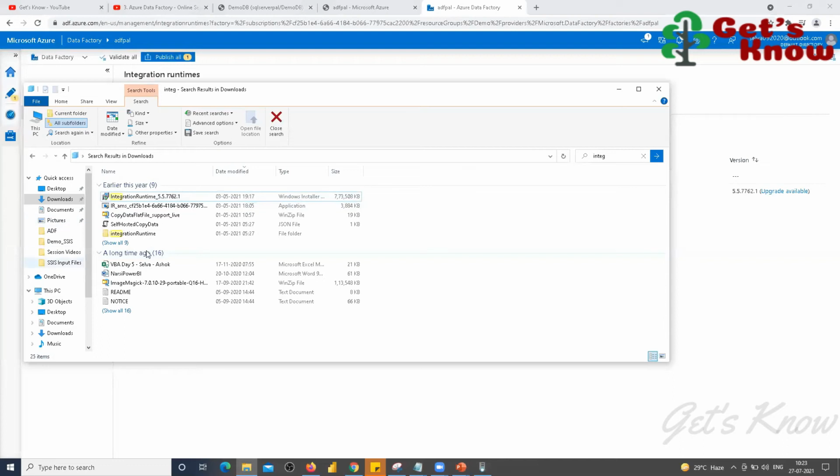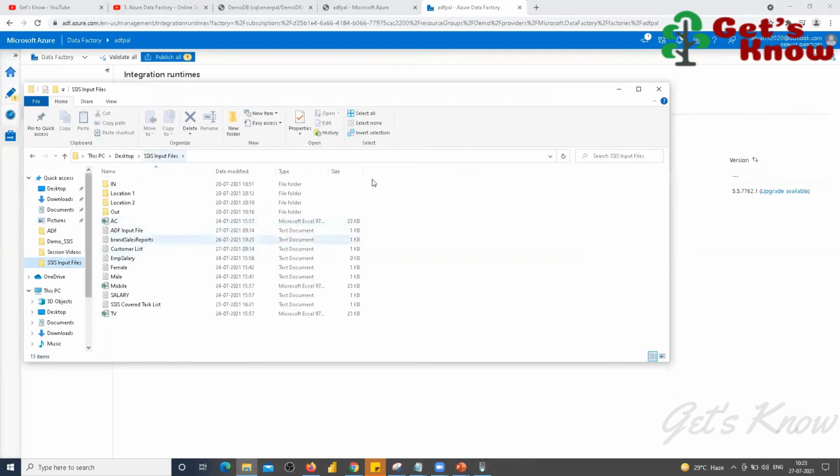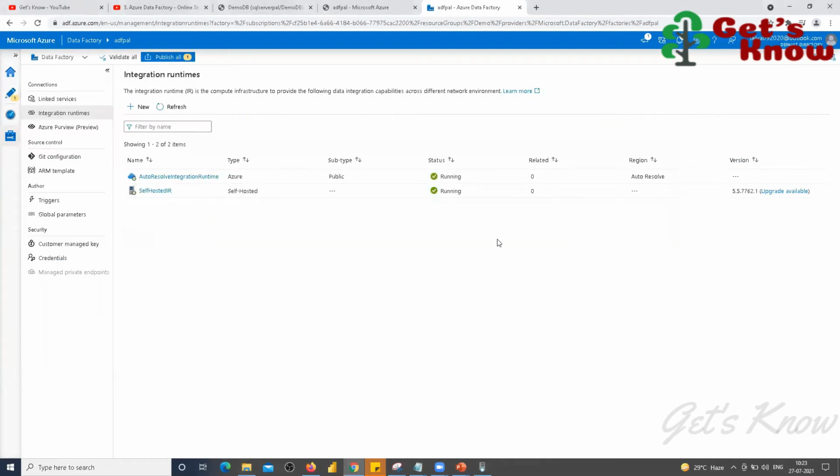This is the path where I have the data. Suppose you have your data in different paths, then you have to create different IRs. You got my point? Yes, got it.